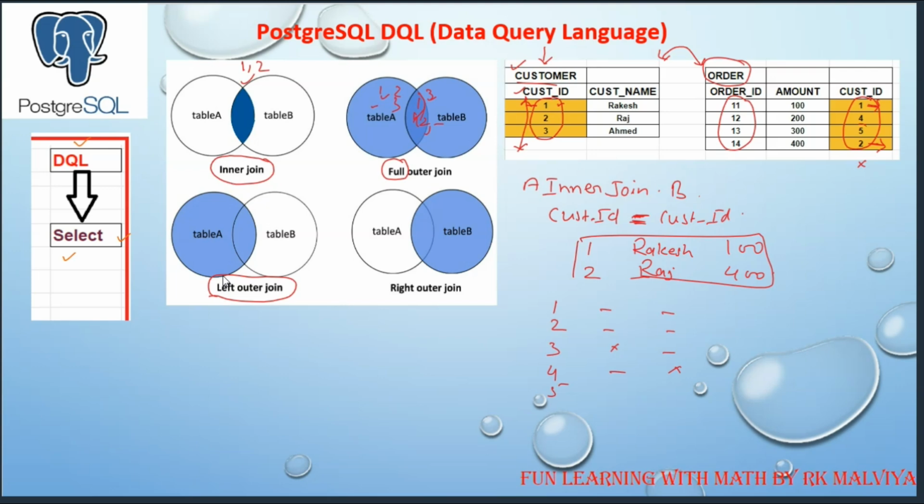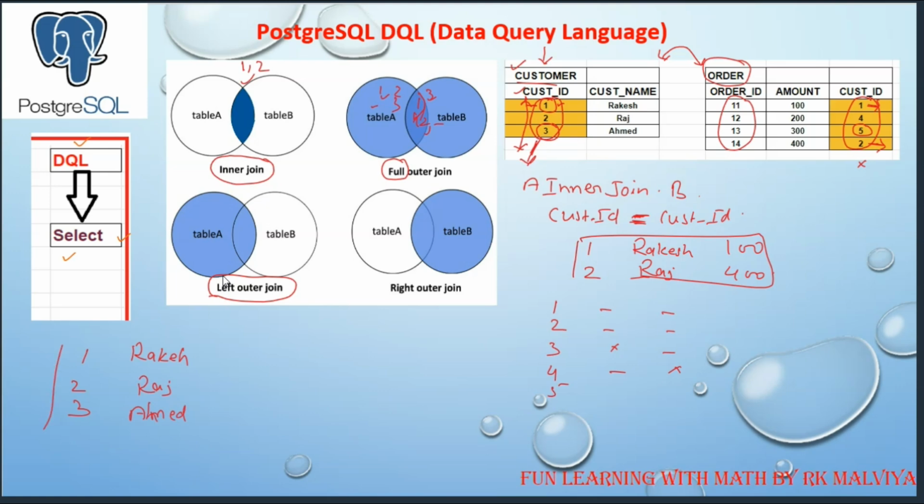You don't want other data like 5 or 4 because you are more focused on how many customers purchased some order. So you want to show only this type. Whatever is matching, display 1 and 2, and 3 is not matching, but you still want to display it because this is the left side table. So your output is 1, 2, 3, and 1 and 2 are your matching records. Here is Rakesh and here is Raj, and the third one is also displayed with Ahmed